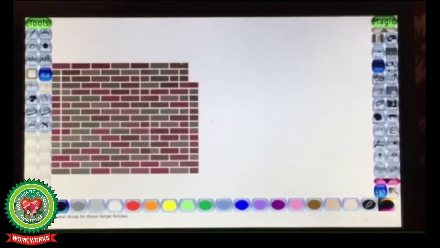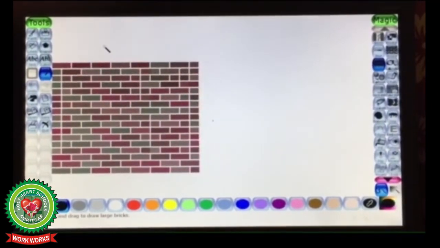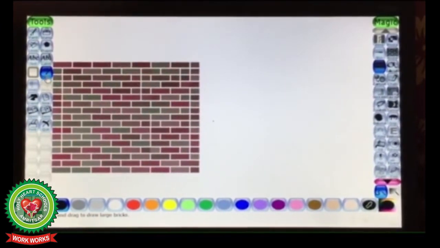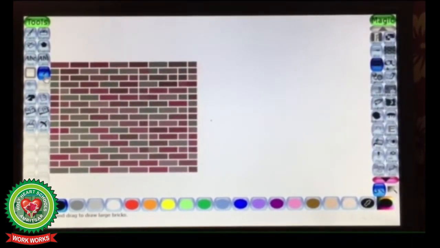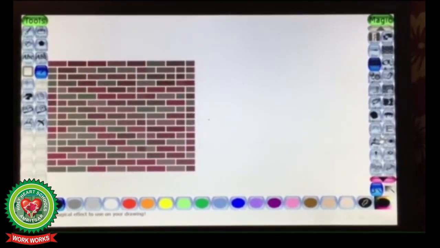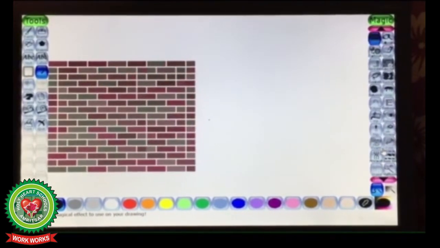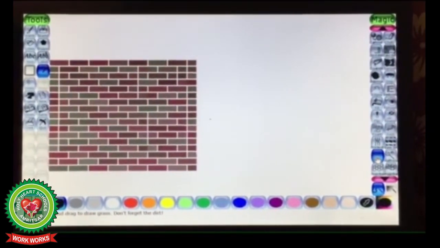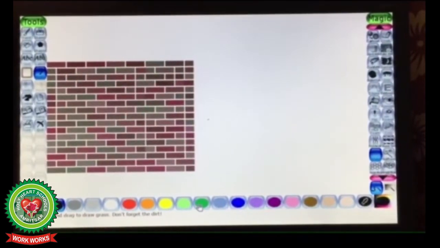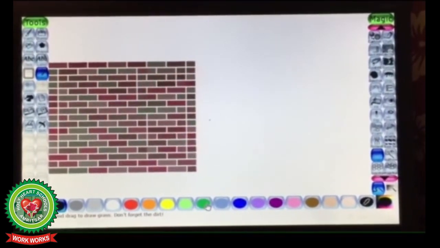Now I am going to use grass tool from the magic tool option. Magic tool, then come to right side. Grass tool. Click on grass tool option. Choose the color of the grass, that is green.